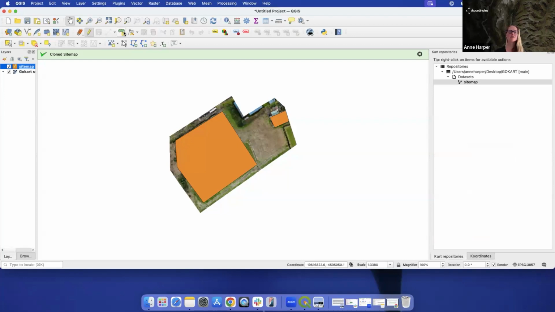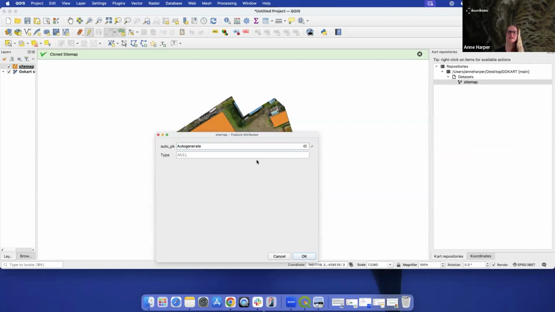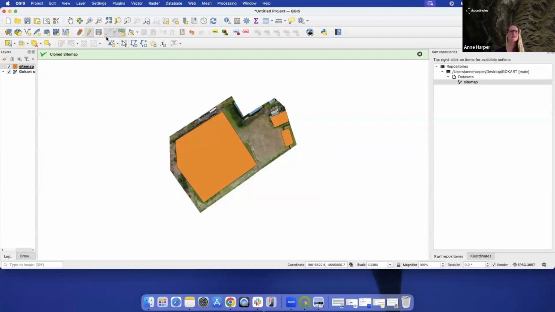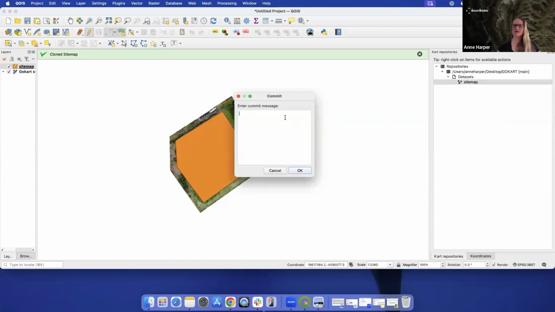So I want to make a change as well. Now that Eli has added his track, I'd like to add a proposed office. So I'm just going to add a polygon in here, and we are going to call that office as the attribute, and that's saved. Hit save there. Righty, so once I've done that, I'm going to commit working copy changes for this data set to my local machine. So my commit message, because I want to communicate with the rest of my team, is first office proposal,